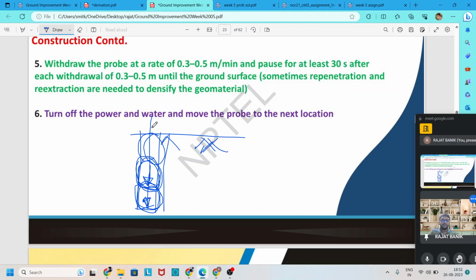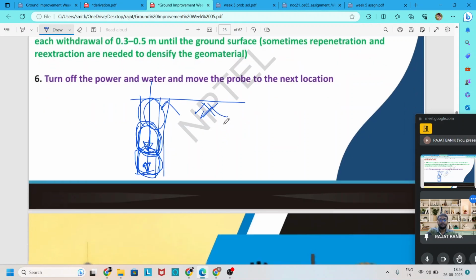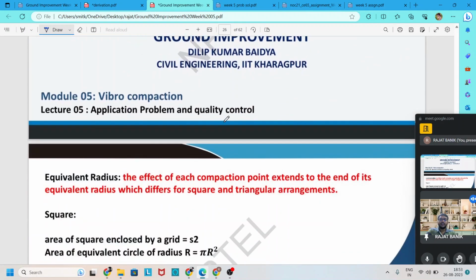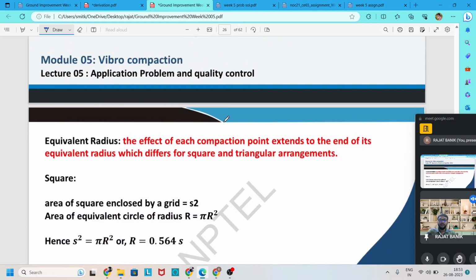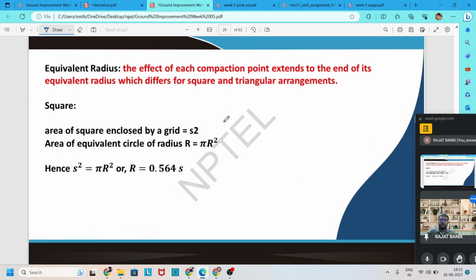And during this compaction, we apply the backfill material also to occupy the void during this compaction. Like that, this test is applied in the field. So moving to the next slide, that is lecture 5 in module 5, you can see